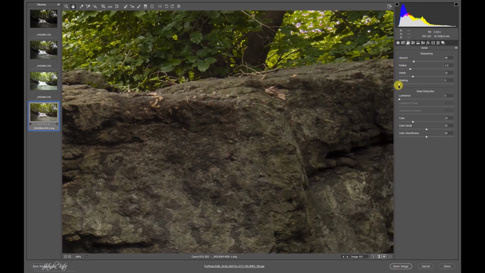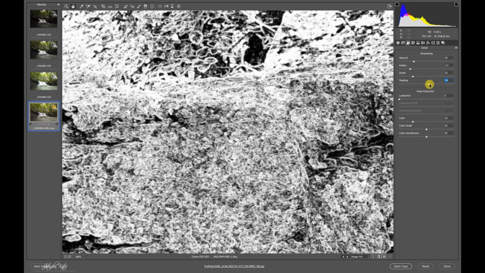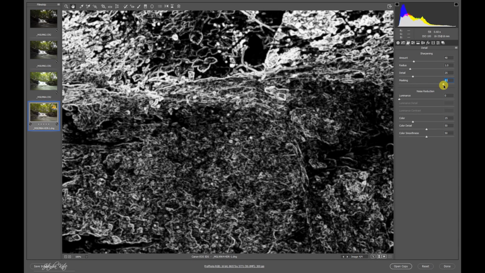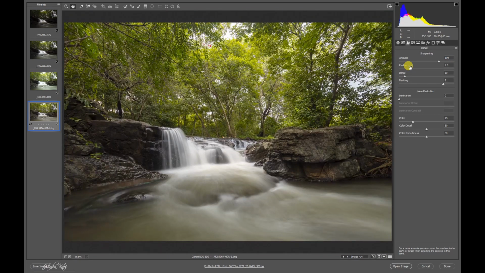Before I apply any sharpening to this image, I will hold the Alt key and move this masking slider to the right. Now the image is being seen in monochrome. Sharpening will apply only to the white areas seen in this image, and darker areas will be left out. I will reduce the detail slider, I think it gives some noise to the image, and I increase the amount. I think this is enough sharpening. I will press Ctrl 0 to reduce the image size.